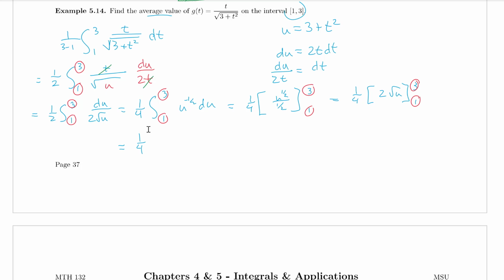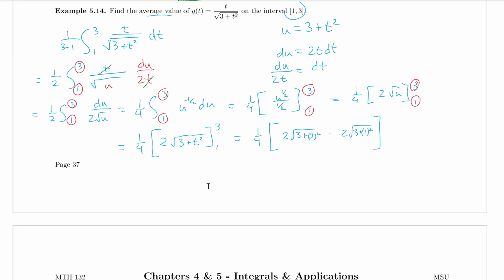So I get 1/4 times 2 square root of 3 plus t squared, and I'm going to stop circling our 1 and our 3 because those are actually t values and we can plug them into this antiderivative. So we have 1/4 times 2 square root of 3 plus 3 squared minus 2 square root of 3 plus